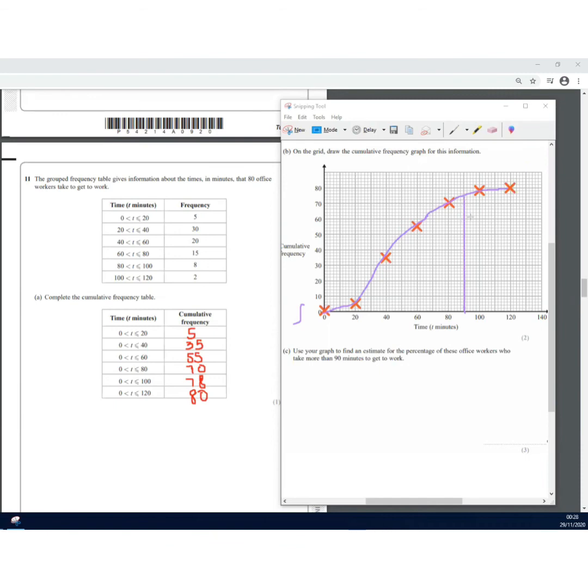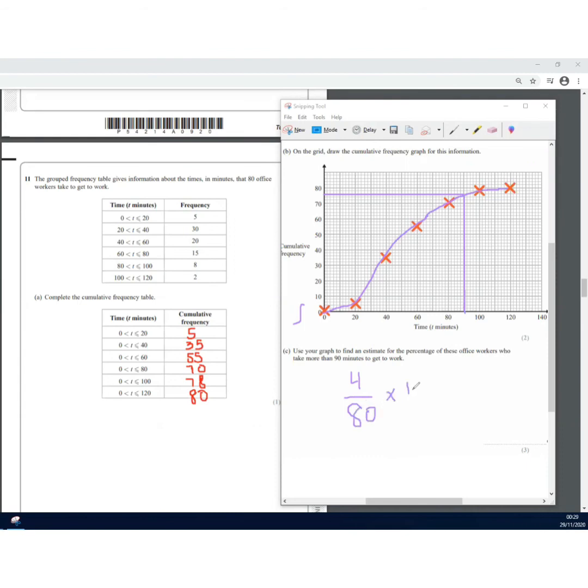And then because we need to find out the percentage of these office workers who take more than 90 minutes, I'll then draw a horizontal line from that point we found, which is approximately 76. Because you're finding the percentage of office workers who take more than 90 minutes, and there are a total of 80 office workers, so 80 take away 76 is 4